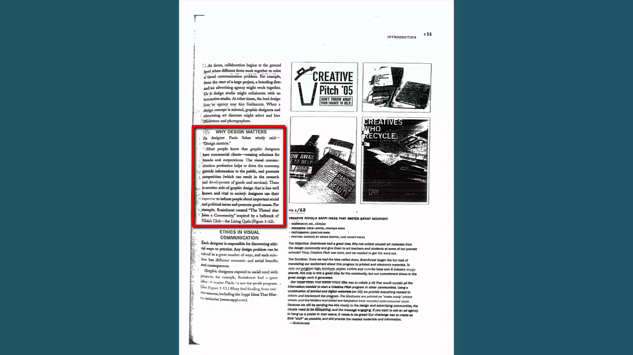Why design matters. As designer Paula Scher wisely said, design matters. Most people know that graphic designers have commercial clients, creating solutions for brands and corporations. The visual communication profession helps to drive the economy, provide information to the public, and promote competition, which can result in the research and development of goods and services. There is another side of graphic design that is less well known and vital to society. Designers use their expertise to inform people about important social and political issues and promote good causes. For example, Brainforest created the thread that joins a community, inspired by a hallmark of Gilda's Club, the Living Quilt,